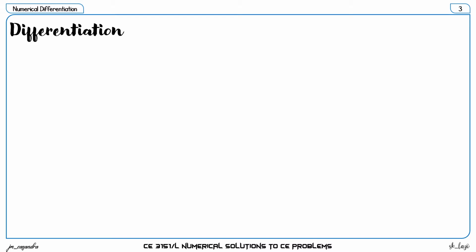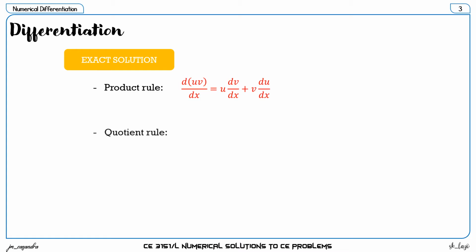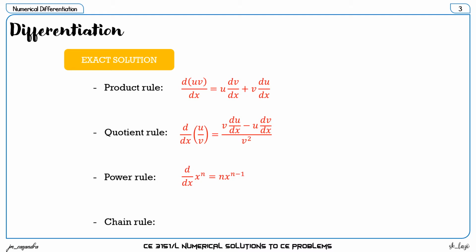From your calculus, we could define the derivative of a function using exact solutions. The exact solutions would basically involve the different rules applied in differential calculus: the product rule, the quotient rule, the power rule, and the chain rule. These are the formulas that we use to directly solve for the derivative of a specific function and to get the exact value. While in numerical